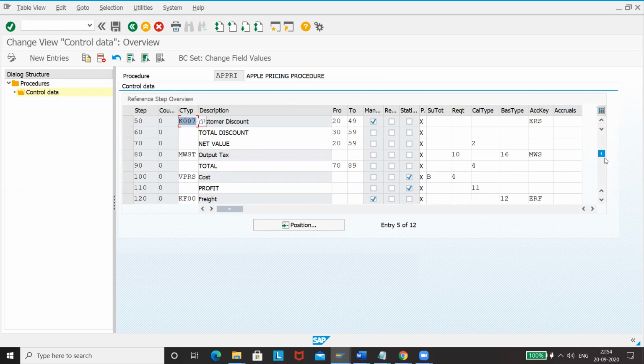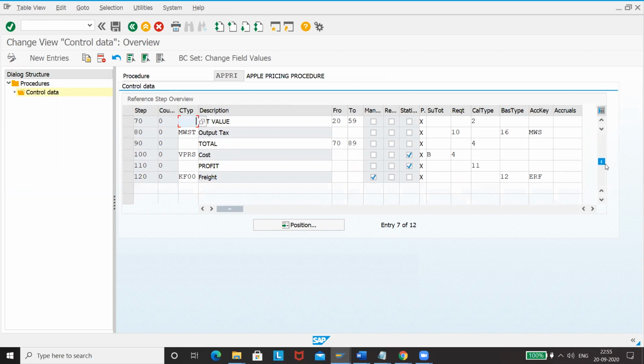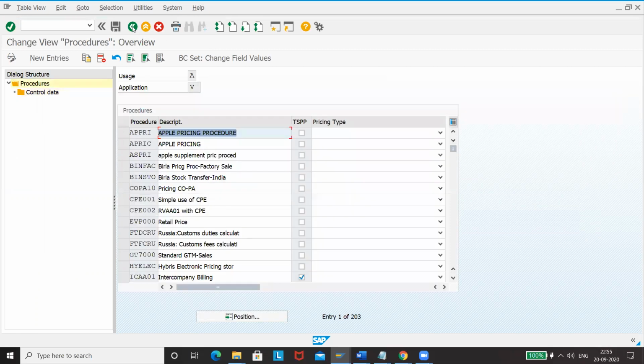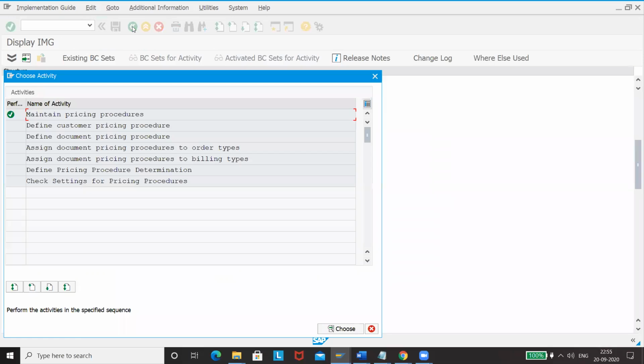For cost, we have VPRS. Freight, we have these many things for our pricing procedure.